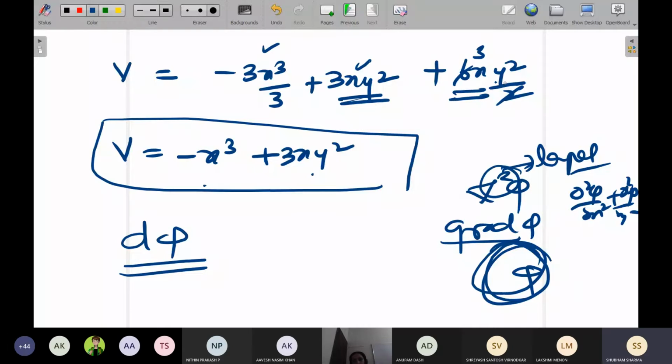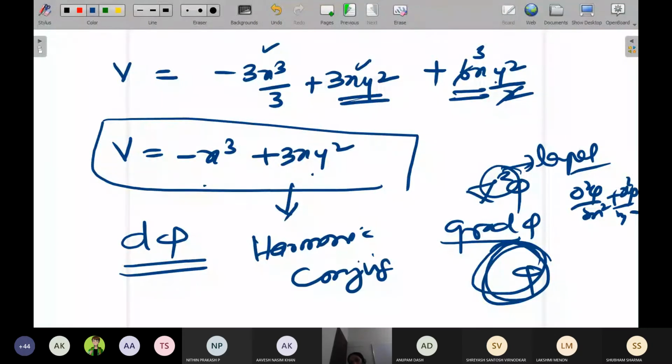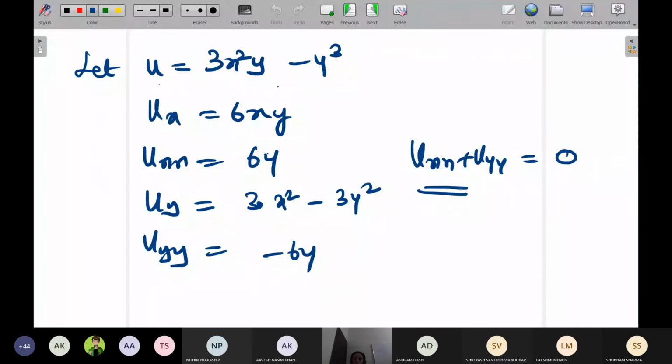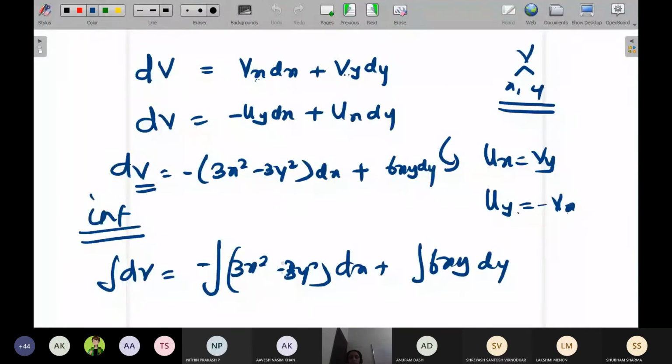Please show the previous slide, ma'am, the harmonic conjugate. Not this slide, right? Yes, ma'am, can you please wait? Yeah, I'll wait, no issues. I thought I'll do another problem, but anyway, no issues. Why should we consider the other 3xy square, ma'am?